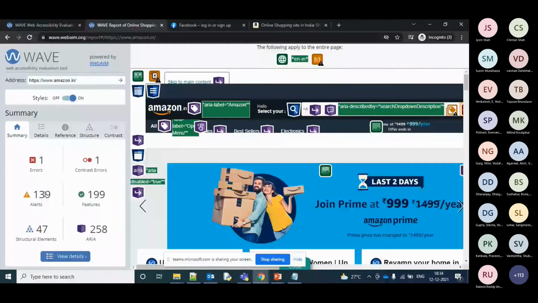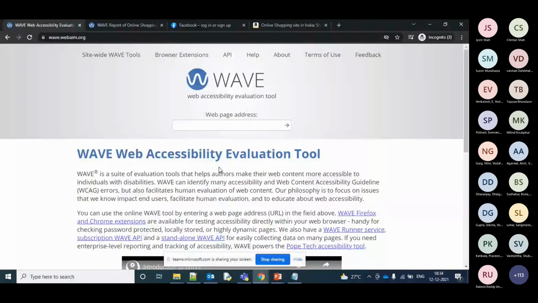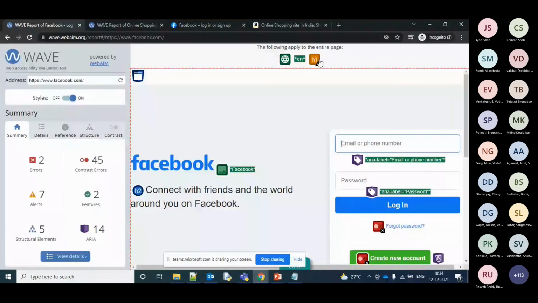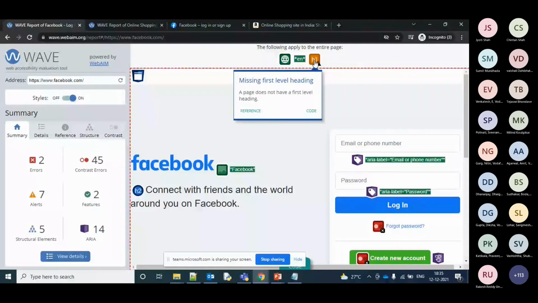Which one? Facebook. Okay, let me do it. So alerts and warnings are something like this. There are some guidelines in WCAG, some mandatory and some not mandatory. Over here, the very first one says every page should have a title that is on the H1 size.